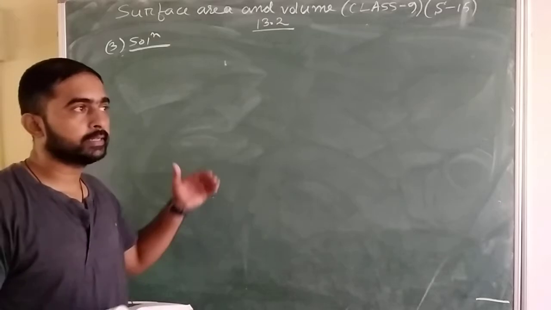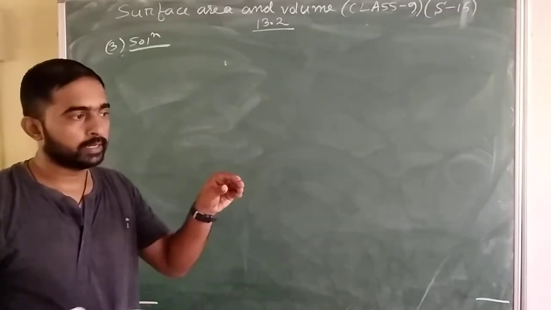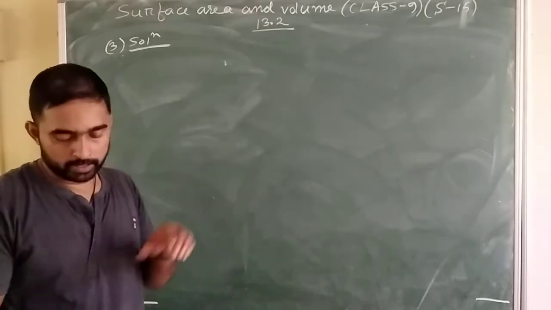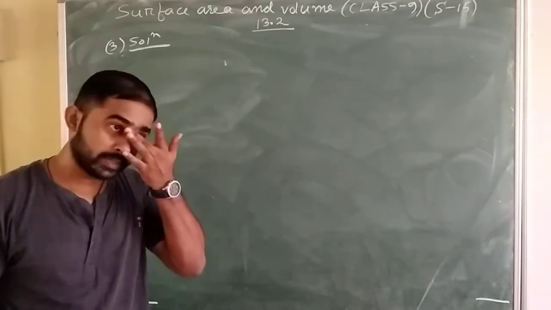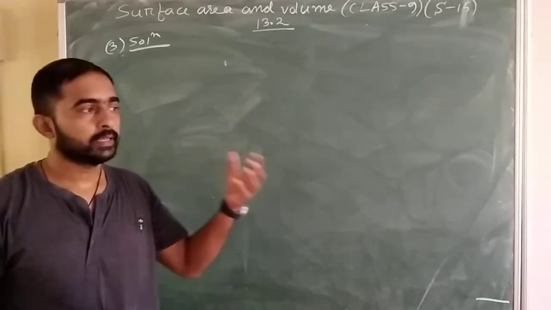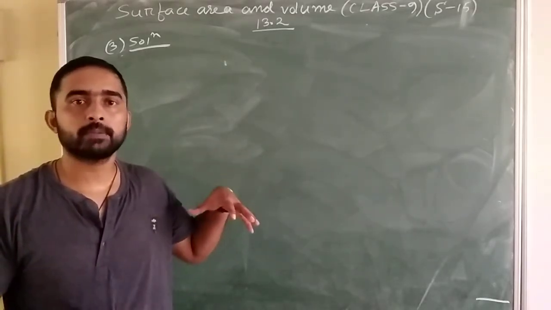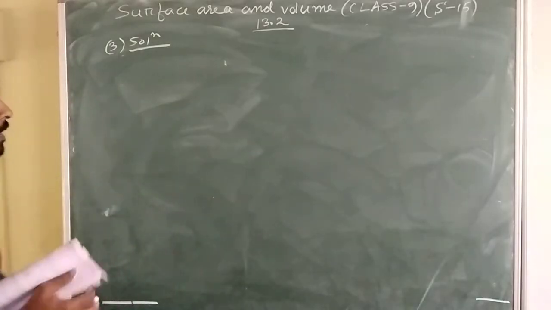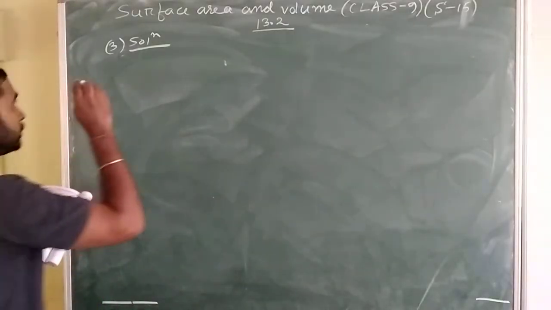Now here you see, it is a hollow cylinder because inner diameter and outer diameter are given. And in the last part we have to find the total surface area. The total surface area for a hollow cylinder is the inner curved surface area plus the outer curved surface area of the cylinder, plus the difference of the area of the two bases. So here there are 3 questions. First of all, what is given?